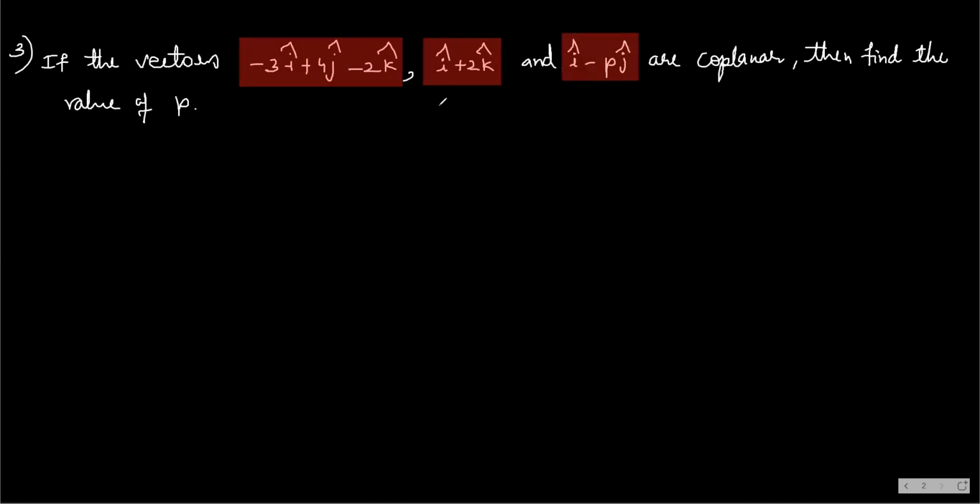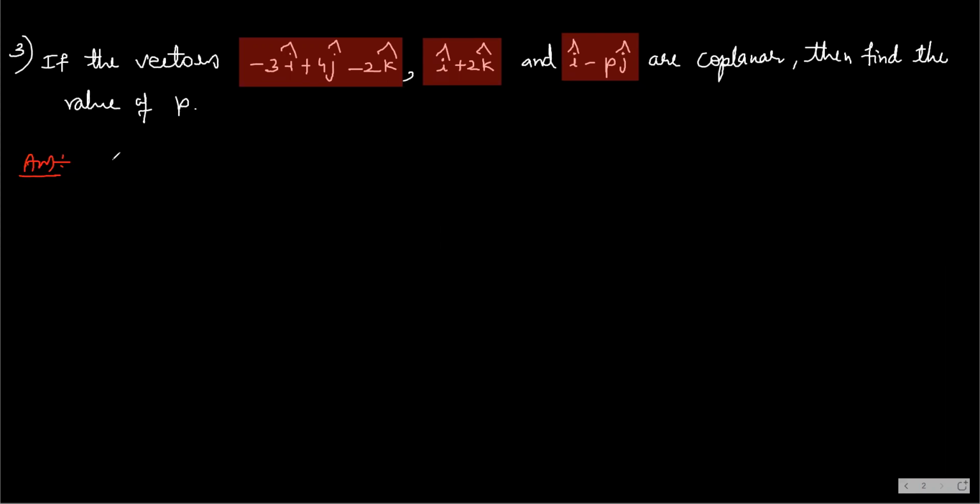See, students, we know that if three vectors are coplanar, then the scalar triple product of those three vectors will be equal to 0. So if you are solving this problem for some entrance exam, you don't have to write much in detail. You will just write the determinant and equate it to 0, and solve that determinant, you will get the value of P. But when you are solving for your board exams, then you will have to be